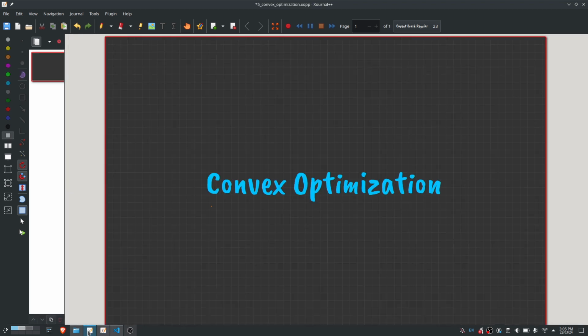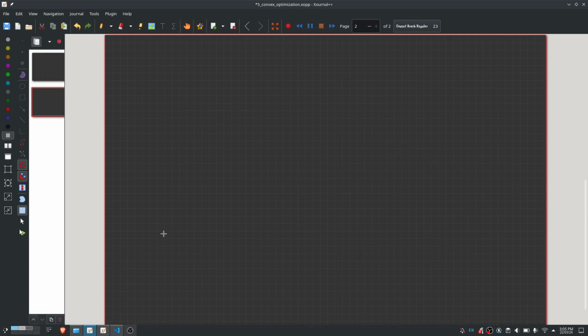So in this class, I'd like to use some of the techniques. In the next few classes, we'll try to solve some convex optimization problems, or some optimization problems that we can hopefully frame as convex optimization problems. All right. So let's recall what we've seen so far. Suppose that we have an optimization problem of the following form. Minimize some f0 of x subject to